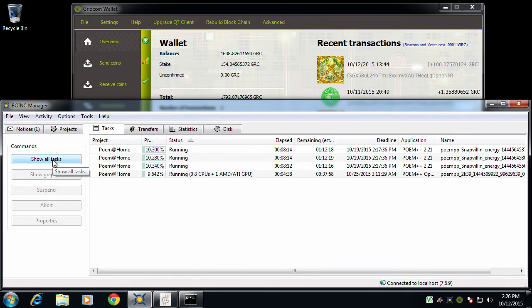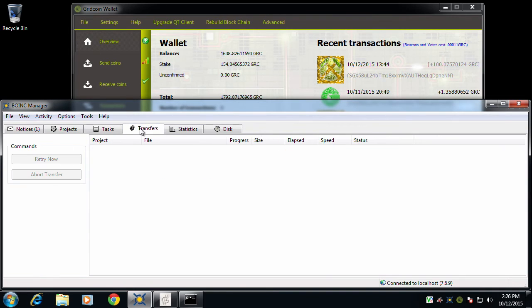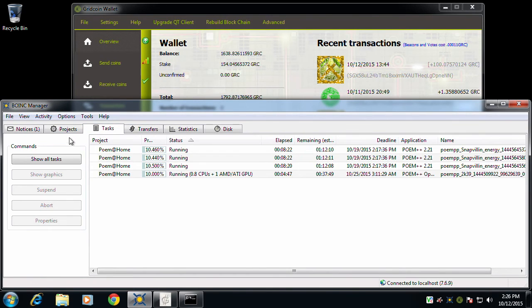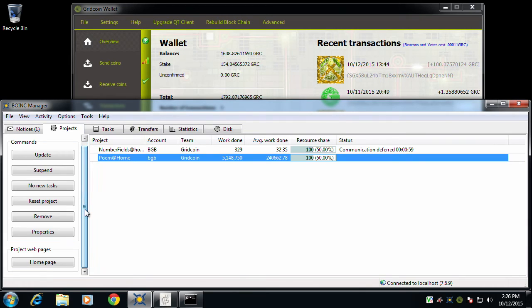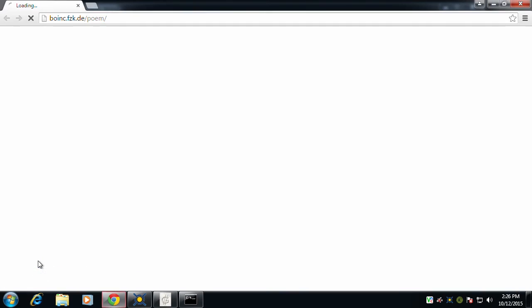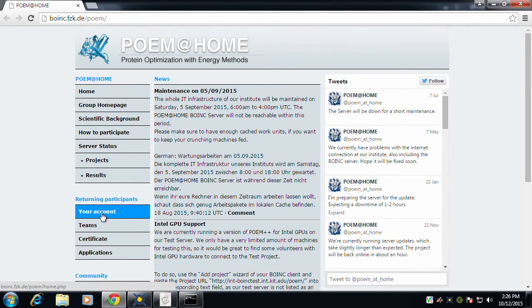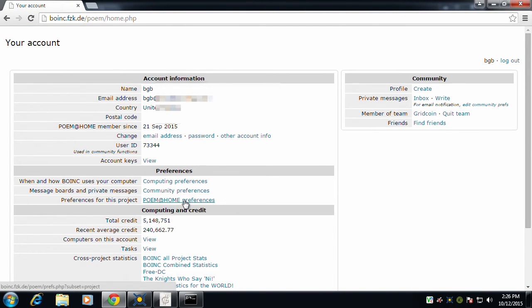We still have a problem where PEOM is running on the CPU and competing with the Number Fields project, which we do not want. In order to solve this, we're going to tell PEOM to only execute on the GPU and not CPU for future tasks. So from here we're going to choose the PEOM project back in the BOINC Manager and choose Home Page from the left pane. So here on the PEOM homepage, I will choose Your Account, choose PEOM Home Preferences, and then